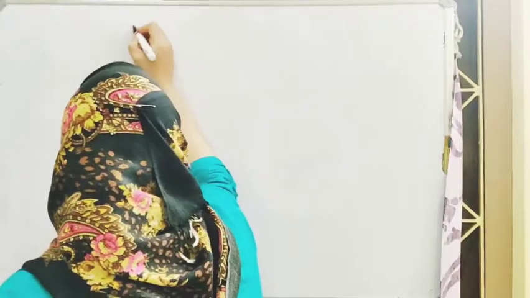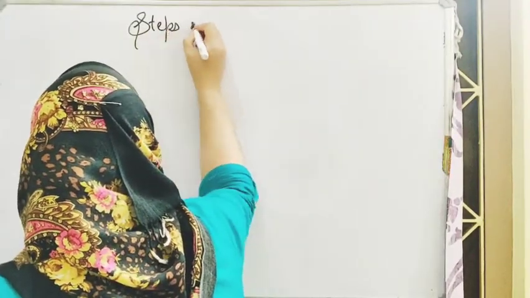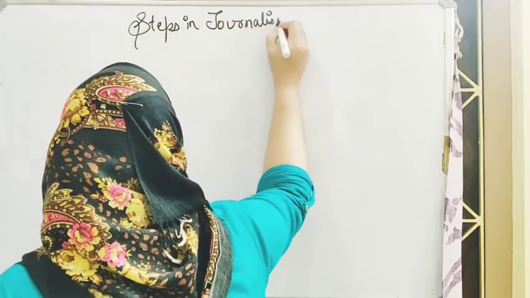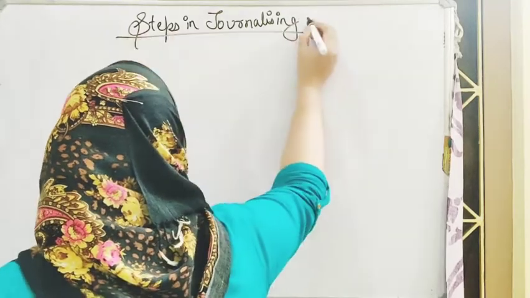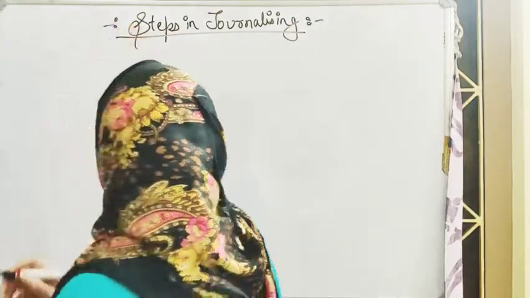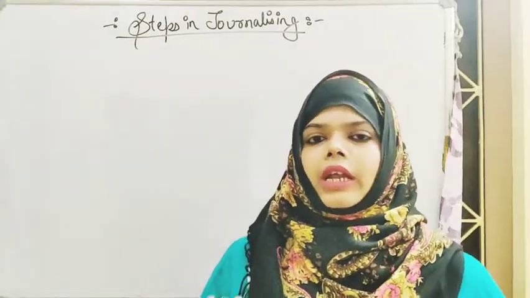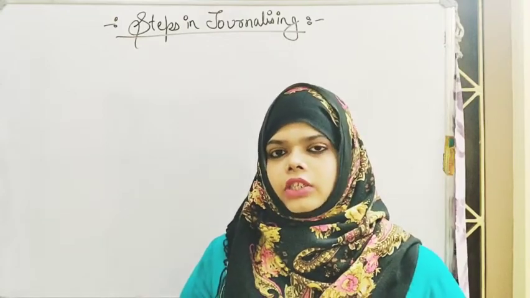We already learned about the accounts which have to be maintained, that is nominal account, personal account and real account. Now we will study journalizing a transaction. How do we journalize our transaction? So, steps in journalizing. Now, we will study the stepwise procedure. How do we journalize a transaction? What is journalizing a transaction again?